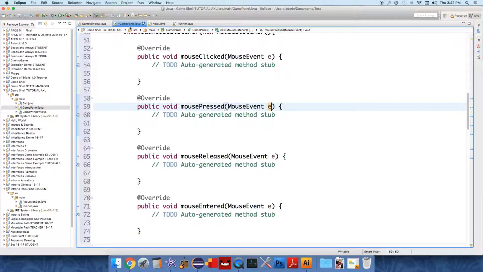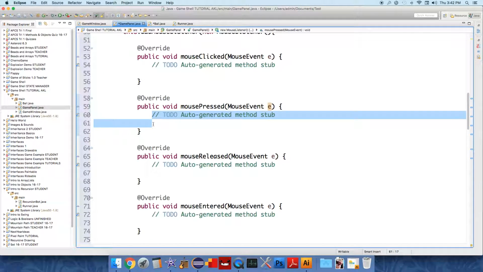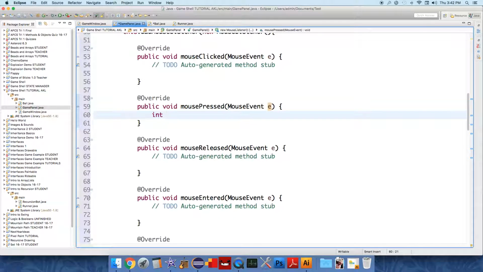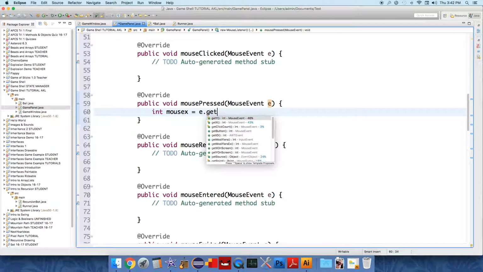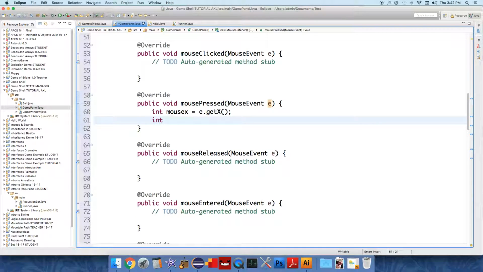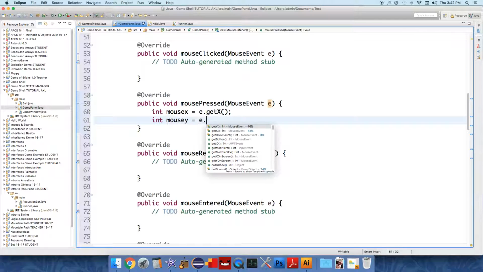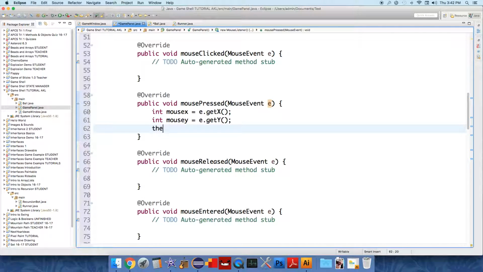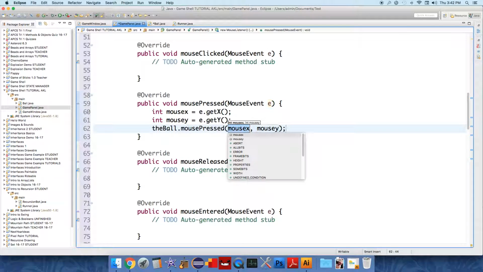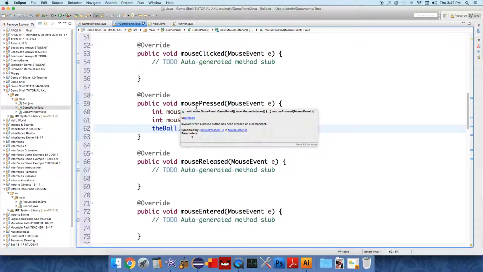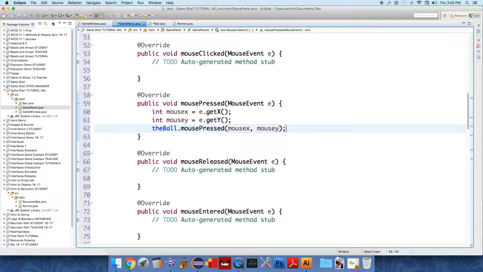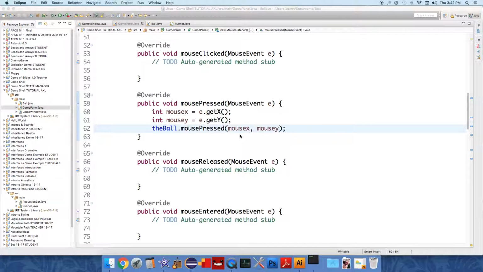Now in the game panel class, under the mousePressed here, we're going to do two things. int mouseX equals e.getX(), and int mouseY equals e.getY(). And then we're going to say ball.mousePressed, and we're going to send it mouseX and mouseY. And there you go. So now if I run our program and if I click down on a button on the mouse, the ball should move to approximately that position, although the mouse is going to be in the upper left hand corner of the ball. So if it runs,